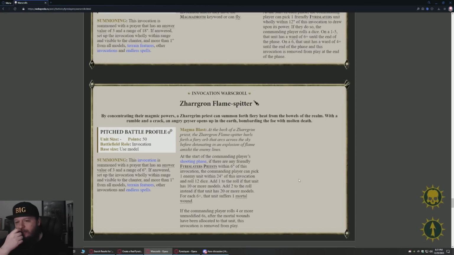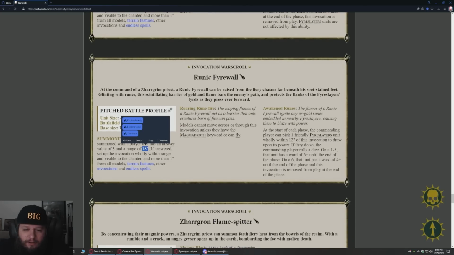And then Zaragron Flame Spit. Range of 6, value 3. If answered, set up the invocation wholly within range. Wait a minute. You can make this 36 with one guy. This isn't 18. This is...